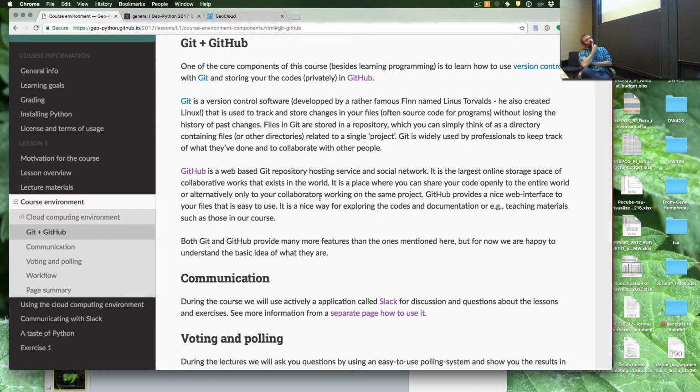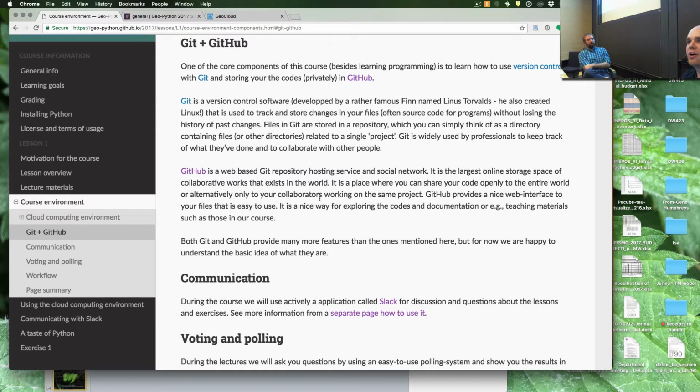So how many of you have used or at least heard of version control? We have a few. Okay. So we will discuss more about version control next week. But basically, it's a way to keep and maintain the history of your files. So, for example, if you have